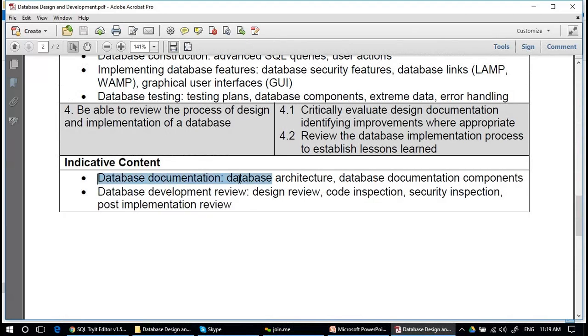At some point you need documentation of the database architecture and documentation of the database components, and then you should be able to review. You should be able to inspect the design, the code, and the security aspects of the database, and you should be able to inspect the pre-implementation and post-implementation reviews.